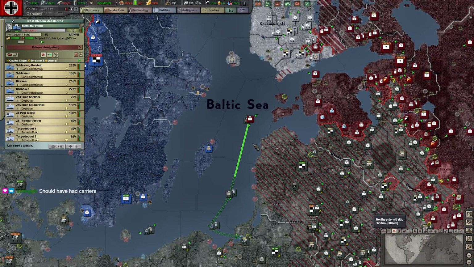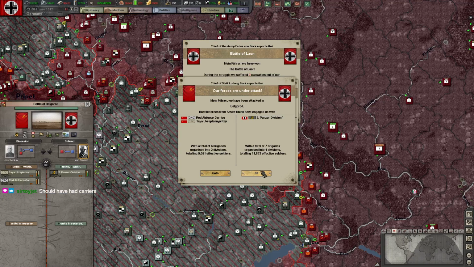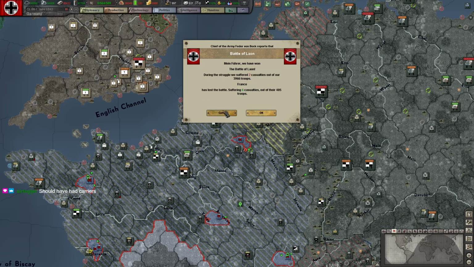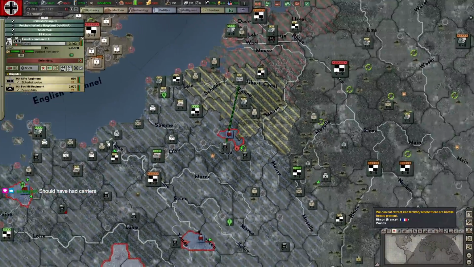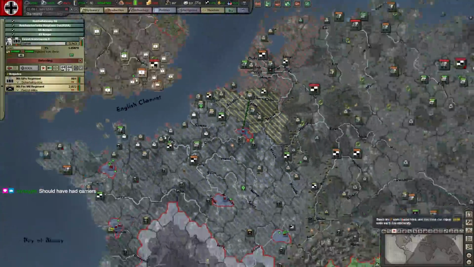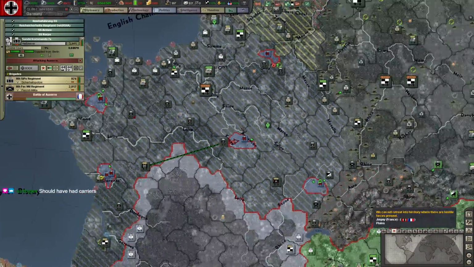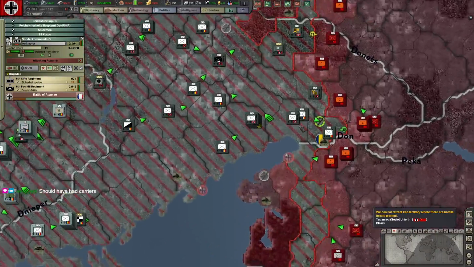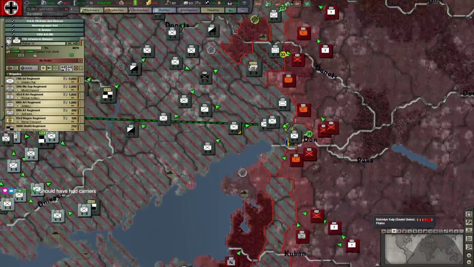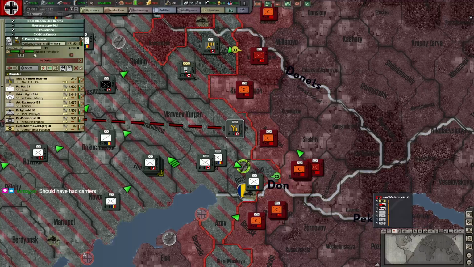And fly from here. Carriers. Carriers don't really do much in this game. It's the aircraft that do the good stuff. Okay, now